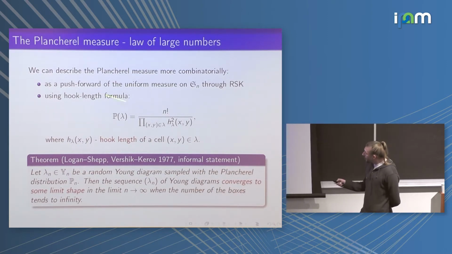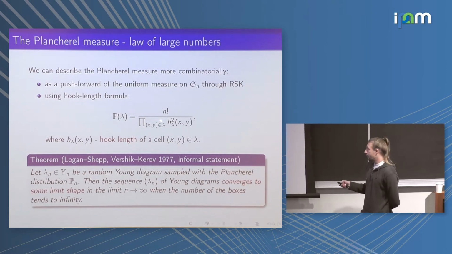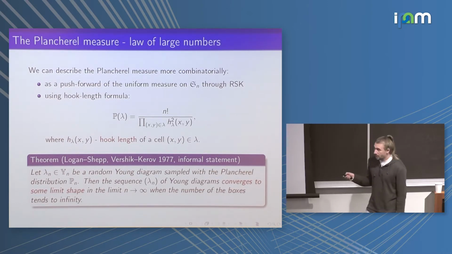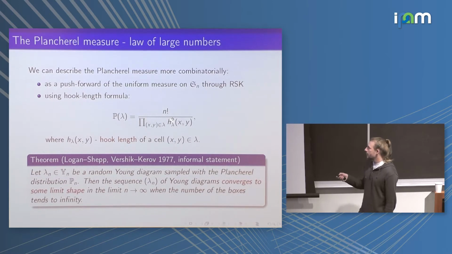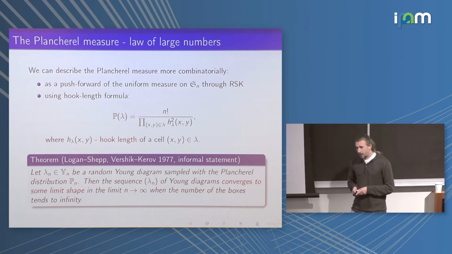If you like formulas, there is also a very explicit formula for the Plancherel measure, and this is a hook-length formula. So the probability of having a Young diagram lambda is n factorial divided by the product of hook lengths of cells squared. So here is a celebrated theorem of Logan and Shepp and Vershik and Kerov, and it says